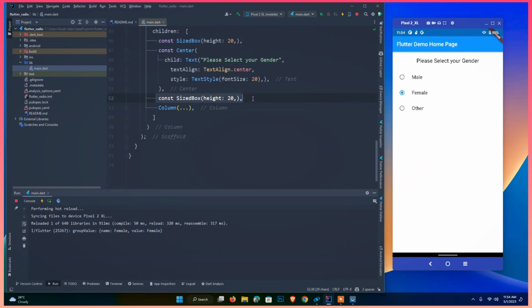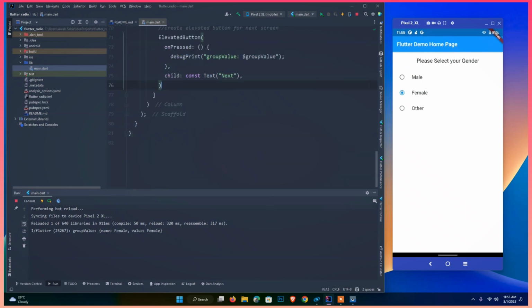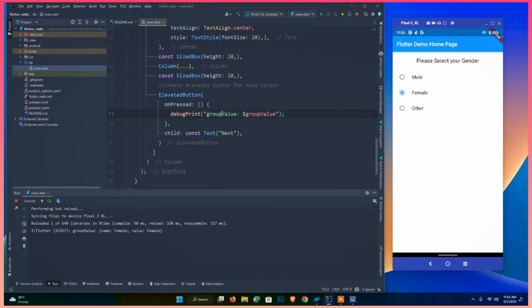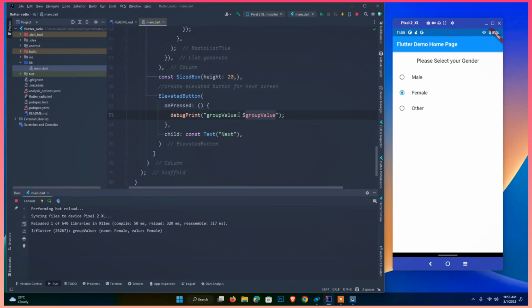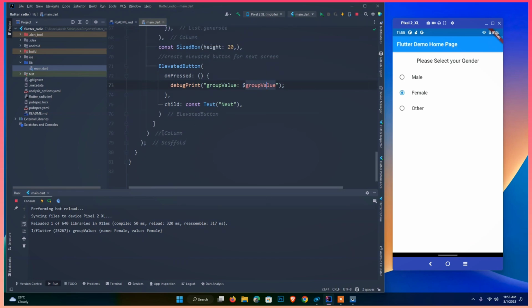First of all, I copy this, the size box, and we need a button. Create elevated button for next screen. Hopefully this works. So it will suggest me debug print on pressed group value, that is resetting. Okay, so as you see, I just simply restarted it. Okay, so the next button is here, that is printing the group value that we selected, the default group value,